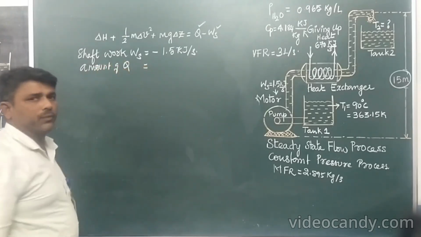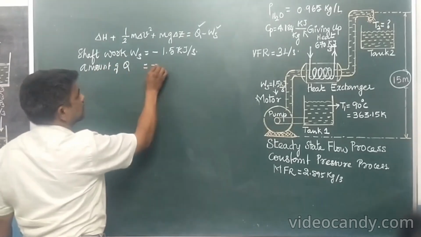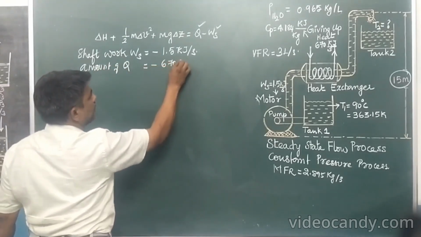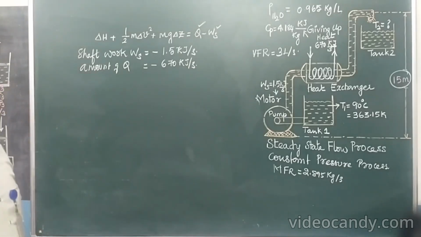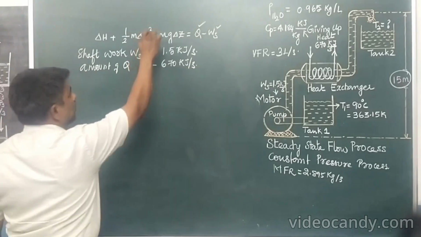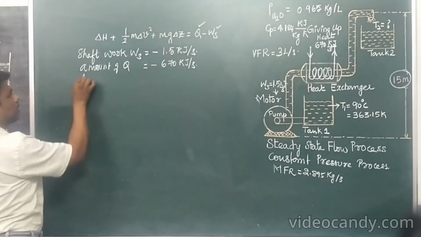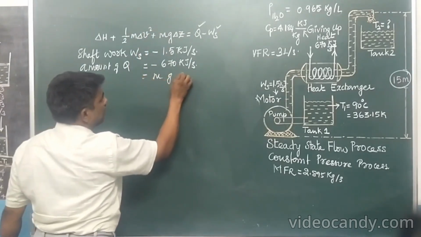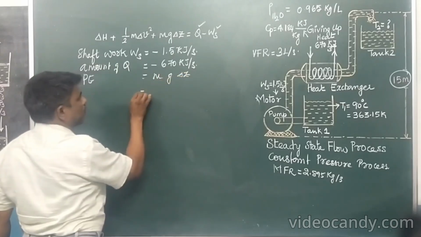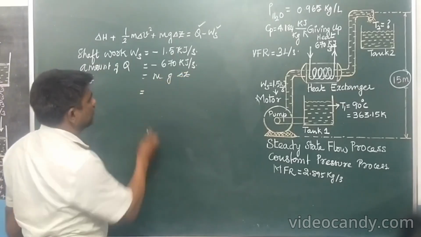Since it is removed from the heat, it is minus 670 kilojoules per second. Next, what about the contribution by potential energy? Potential energy P is equal to m g del Z. M stands for the mass flow rate of water. Mass flow rate is nothing but